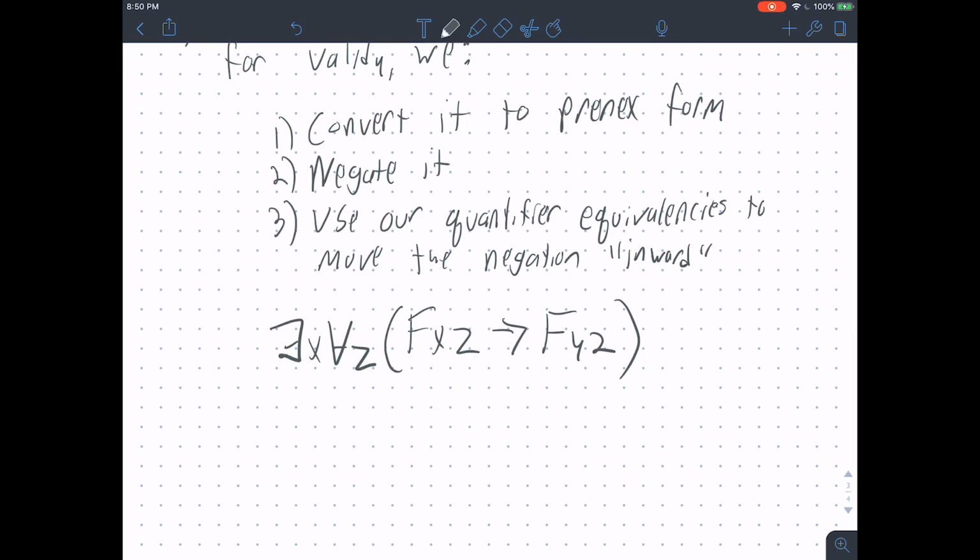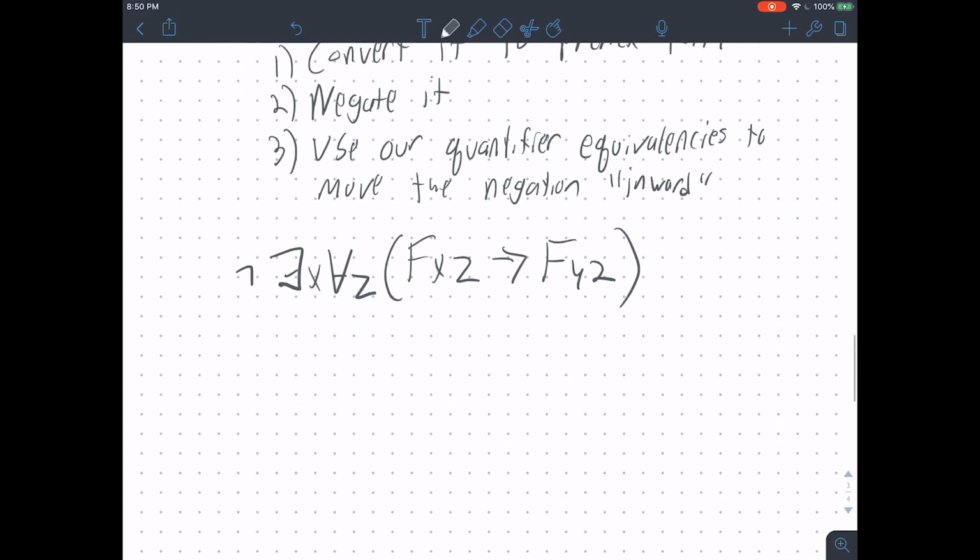All the quantifiers are out there, so you don't need to do anything there. So what we do is we negate it, right? And then we use our rules to move the negation sign to the right to the quantifiers. So if we use equivalencies in order, one step at a time, we get,